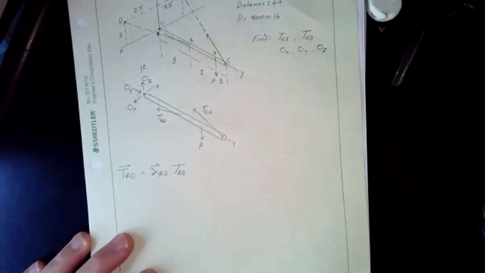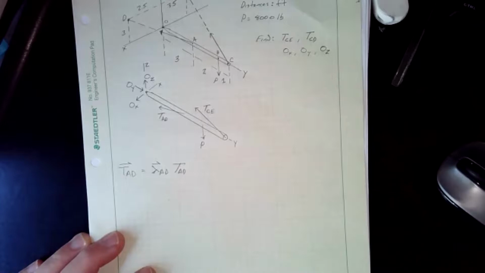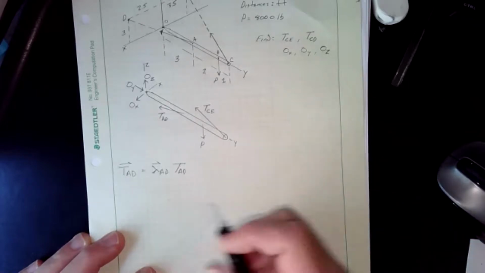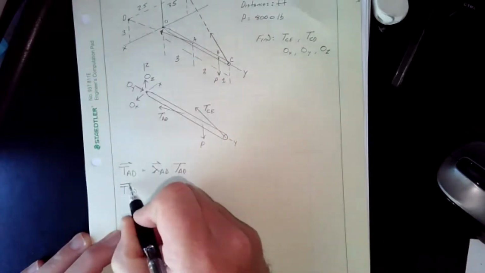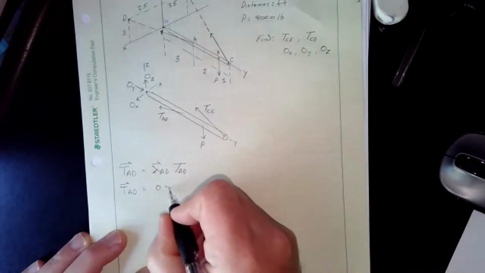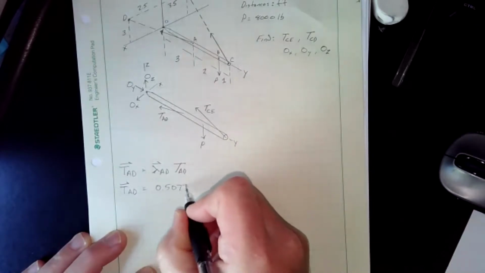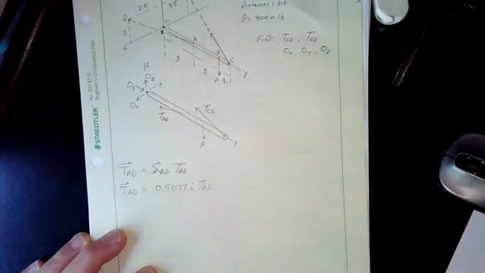Knowing that, we can go ahead and calculate it. Now I know you guys know how to do that, so I'm just going to write these down. So I know that tension AD is equal to